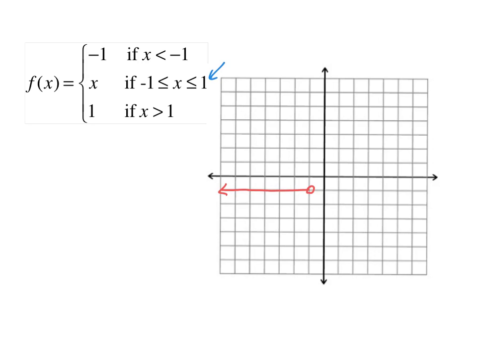If x is between -1 and 1, it will look like this. And as we know, that's going to look something like this. But this only exists if x is between -1 and 1. So x between -1 and 1 is going to be from here to here. Now, it does exist right here. So I'm going to put a closed dot, and I'm going to put a closed dot right here. Now, for the next piece,